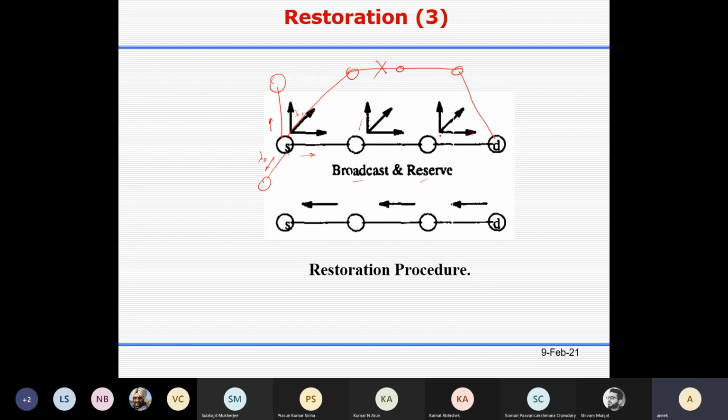Okay, because wavelength is a precious element. So without knowing, you are reserving the wavelength for this time period. So this node will wait for some time period. So long as it waits, it expects that the confirmed message will come within this time limit. If it doesn't get it, then it understands that it may not be needed, so along this path I cannot reach the destination. Suppose you are sending a signal along this path, and it waits for the confirmed message to come. But if it finds that the confirmed message does not come within the stipulated time, this node will undo the wavelength reservation along this path.